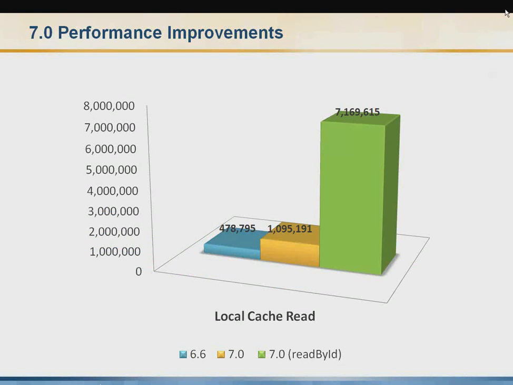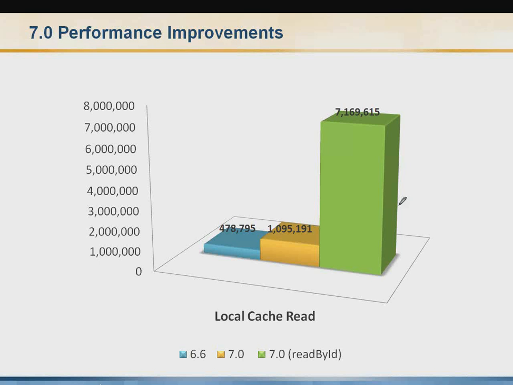So getting back to the performance improvements, the first thing we see here, the first graph, is the local cache improvements. We see here 3 columns. The first one is describing the 6.6 performance. Basically, back in 6.6, you could do about 500,000 reads per second on a local cache, assuming, of course, that the data is cached by the local client. In 7.0, the same code would translate to more than twice the performance, meaning more than 1 million reads per